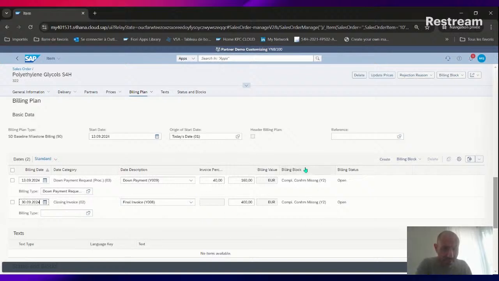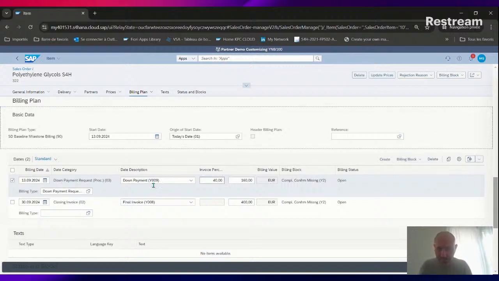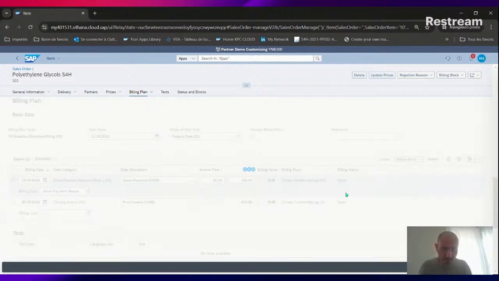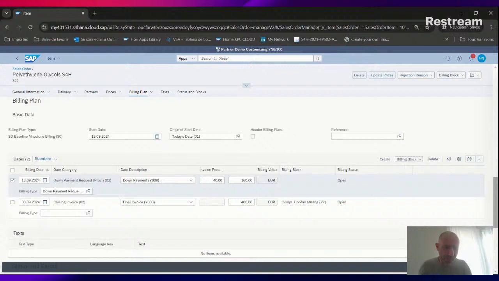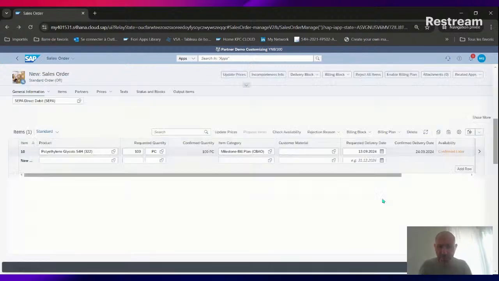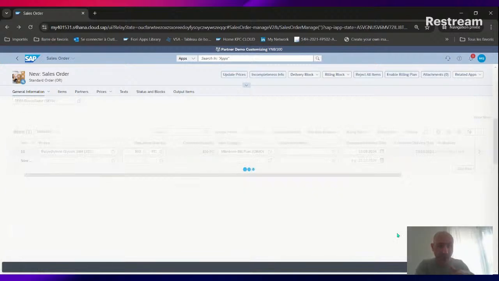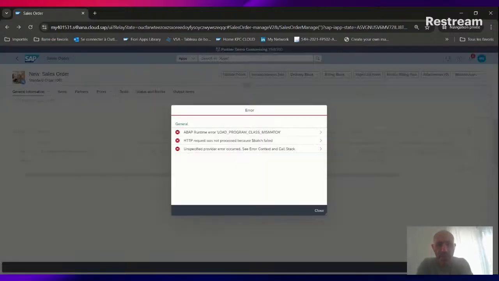As you can see, I've got a billing block by default. For example, I select my line. I'm then able to remove my billing block. So I remove the billing block for my down payment. I click on apply. I create. I complete all the